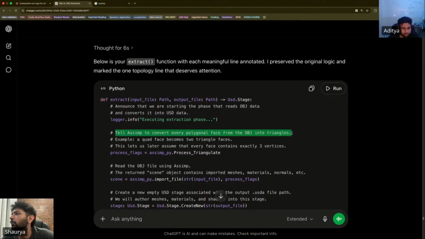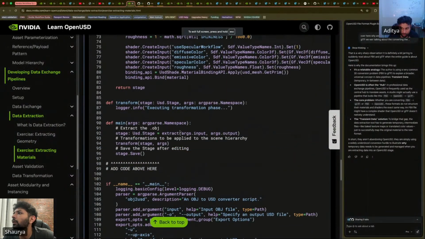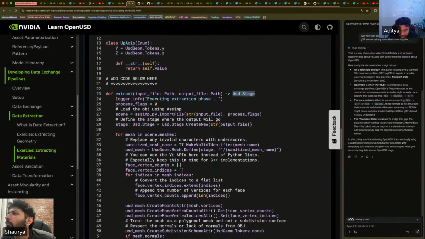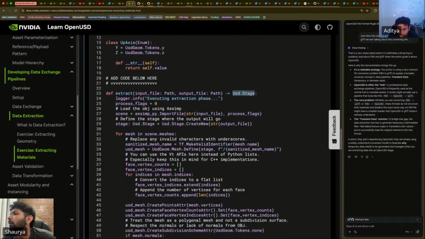Every polygonal face from OBJ into triangles. Why are we using these triangles? I'm not able to understand this. I think that's how it transfers. It passes polygonal faces for OpenUSD, right? We have to convert the OBJ file into some transient data, and that transient data is triangles, and those triangles are going to get converted into